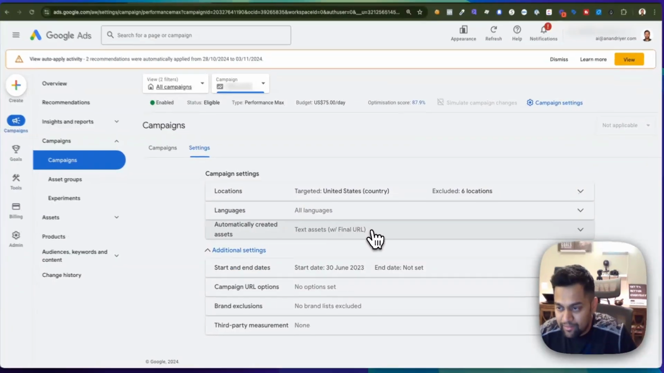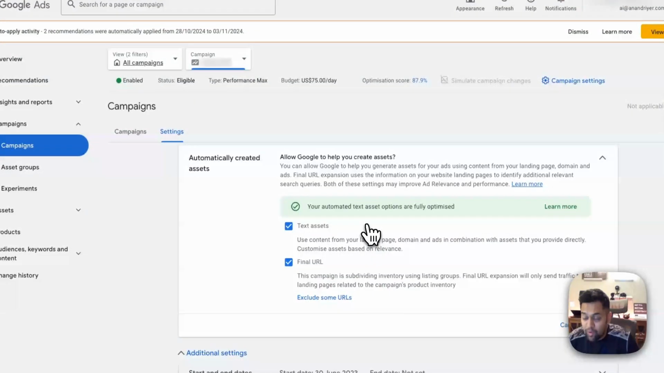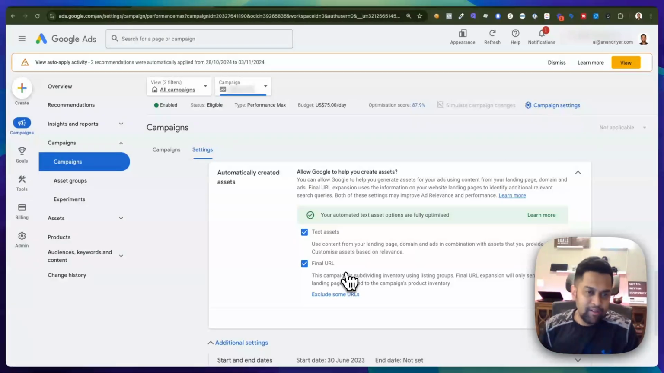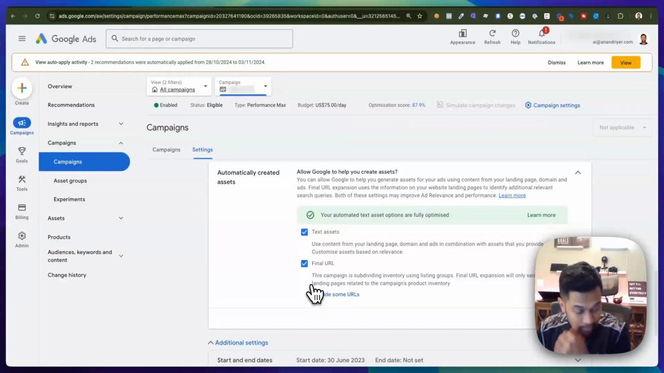Then you have automatically created assets. This is when Google will automatically use your final URL, and it will add text that matches with your landing page, and it will also add in the appropriate URL which will drive traffic to that specific landing page. A good example is, let's say you are a big brand with lots of verticals, lots of products and services, and you are just basically focusing on brand awareness. In that case, you can enable these two options, and Google will basically